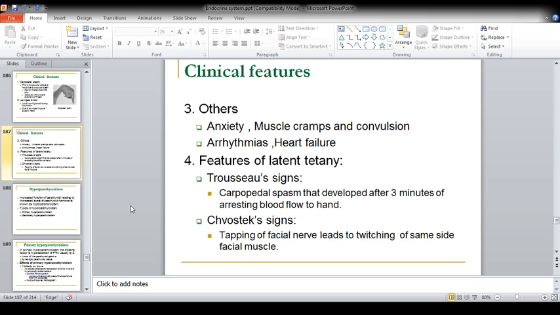This kind of tetany that shows decreased serum calcium level but not to a severe extent would show Trousseau's sign and Chvostek's sign. Trousseau's sign is carpopedal spasm that would be developed after 3 minutes of arresting blood flow to the hand. So if we tie